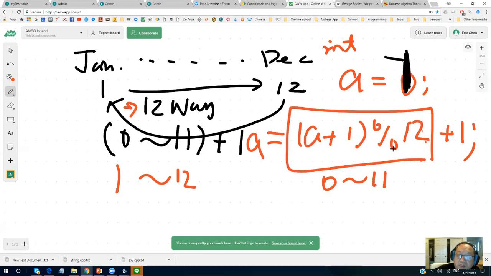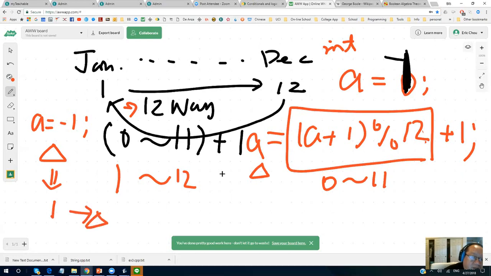And then I keep doing this, and it will be circulating from 1 to 12. Is that okay? So basically, first time I need to run the delta function once. Then I'll get the initial condition to be 1. After that, each time I run a delta, I'll be able to finish this 1 to 12 changing.